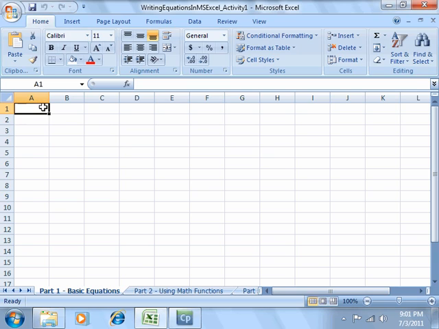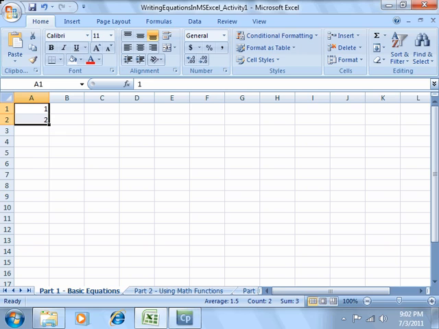I would like to give you some basic information on programming in Excel, writing equations in Excel. To begin with, Excel has a powerful pattern recognition capability. If you type in any two numbers in a pattern, assuming it's a linear pattern, such as 1 enter, 2 enter, Excel will recognize this as counting by 1. And if you highlight these cells,